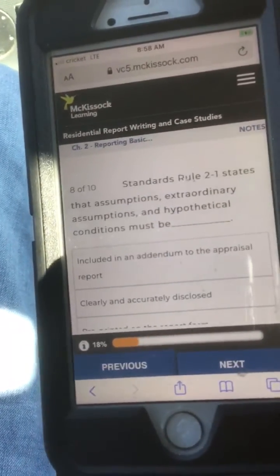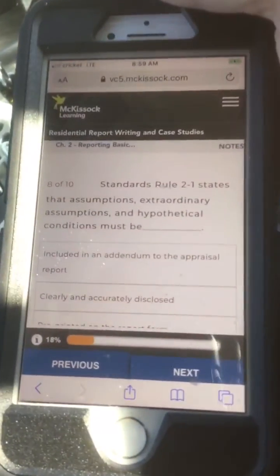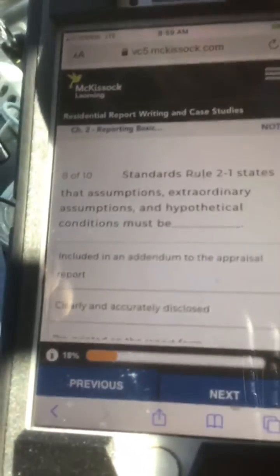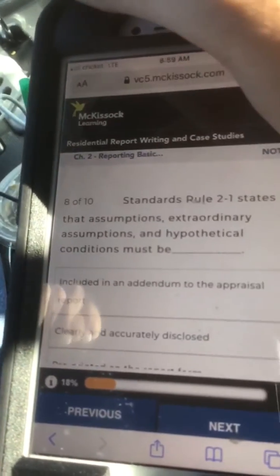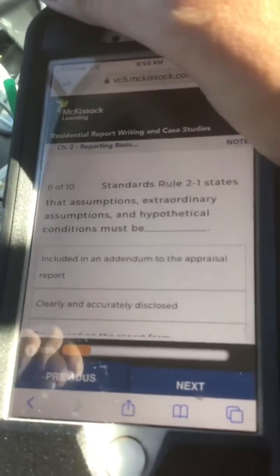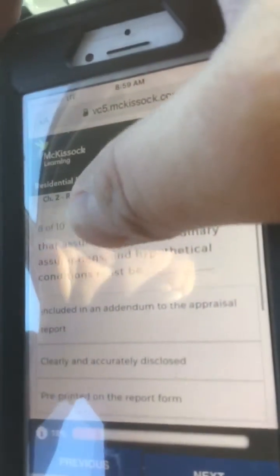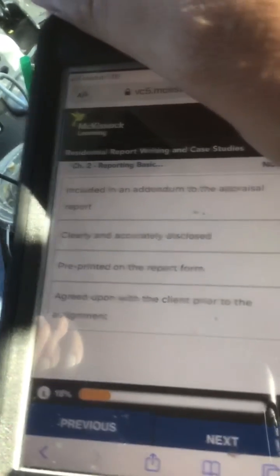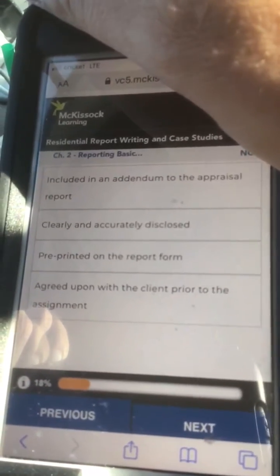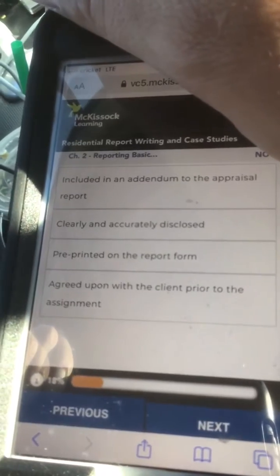Number 8, Standards Rule 2-1 states that assumptions, extraordinary assumptions, and hypothetical conditions must be blank. A, included in an addendum to the appraisal report. B, clearly and accurately disclosed.